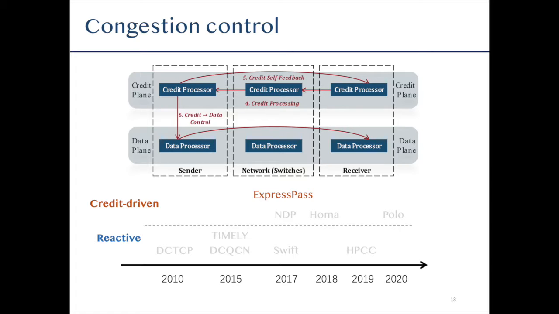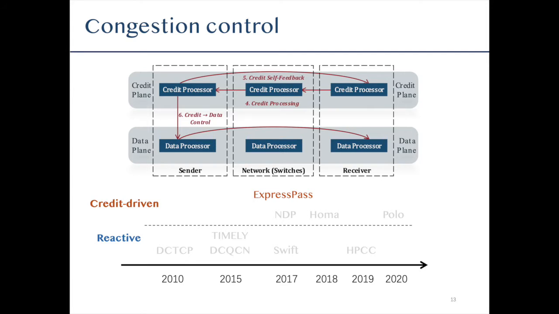In order to ensure the data arriving rate is within the link capacity, receiver and switch credit processors limit the credit sending rate accordingly. When the sender receives a credit, it sends a data packet accordingly. Meanwhile, the in-network credit congestion will be fed back to the receiver and the credit sending rate will be adjusted to mitigate congestion. In this way, the data can be accurately controlled by the credit plane. But since the data congestion is totally invisible, ExpressPass cannot prevent data congestion, especially under the considerable traffic